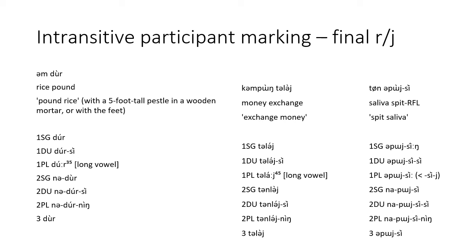Here are examples with the final r and ya in the verb root. Notice again high tone with the first person singular, falling tone with the third person and second person singular, long vowel and high tone with the first person plural. The example on the right is a little bit interesting in that it has the reflexive suffix